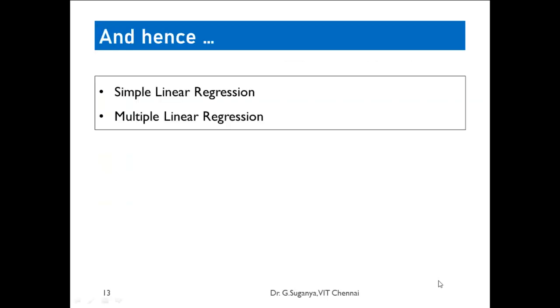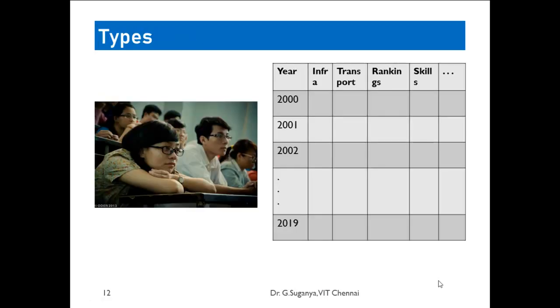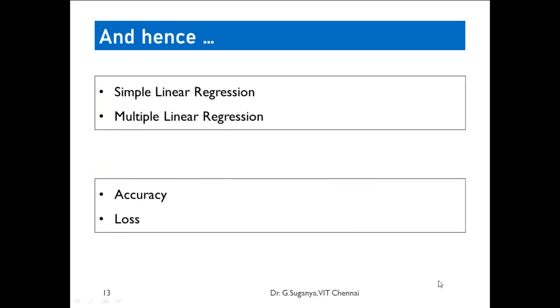Okay, and coming to multiple linear regression, this is exactly the situation when your output depends on more than one parameter. Then we say it comes under the multiple linear regression category. Having identified that, and assuming that you have implemented the linear or multilinear regression, how do you say the results are accurate?